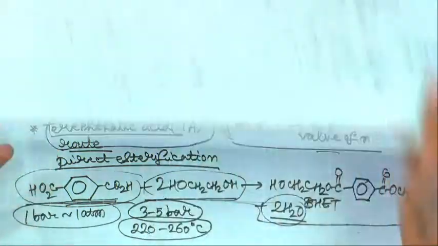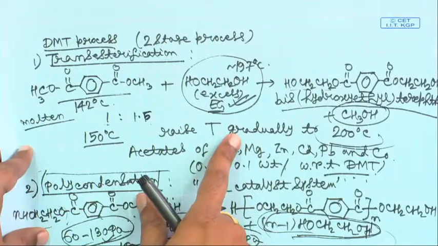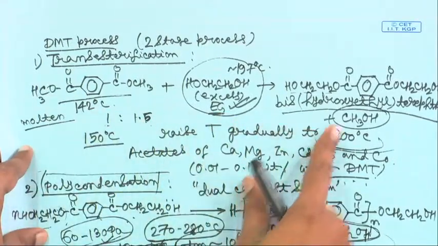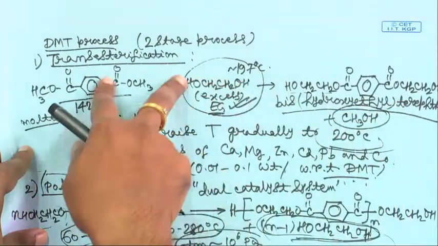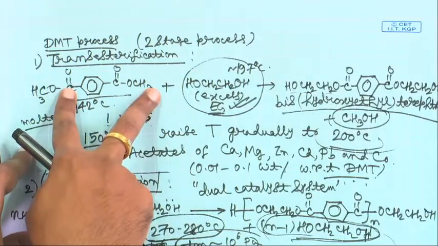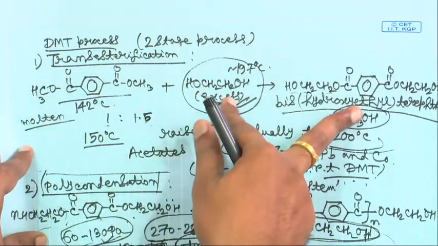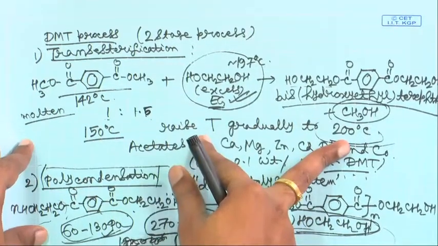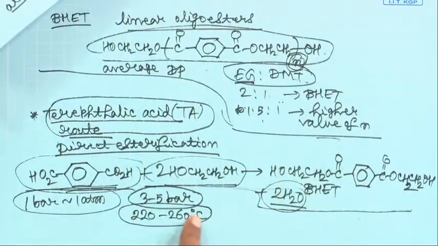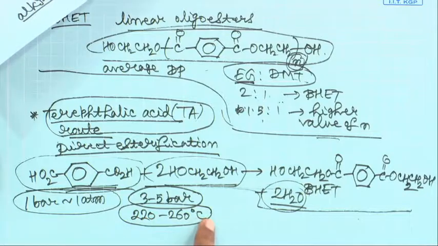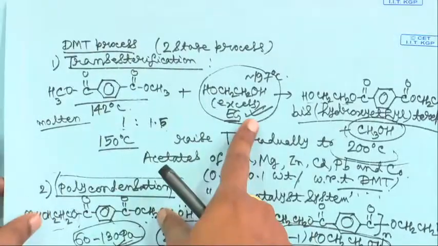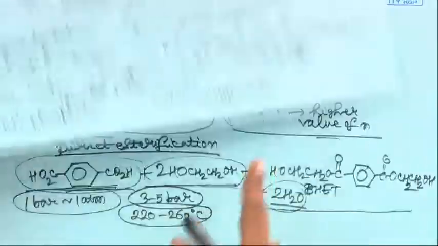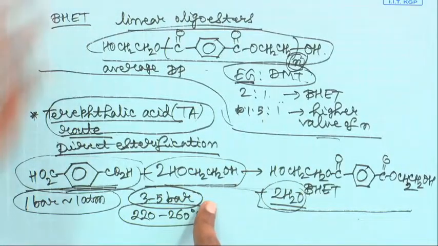Compare this with the transesterification step that you used for the synthesis of BHET in the first step of the DMT process from the dimethyl terephthalate. In this process, the reaction temperature was much lower. You start with 150 degrees Celsius, you go to 200 degrees Celsius. The reaction temperature now is much higher, 220 to 260 degrees Celsius. The pressure that you used there was normal atmospheric pressure, here you are using 3 to 5 atmospheric pressure, simply